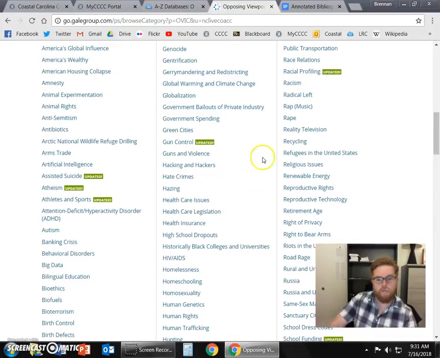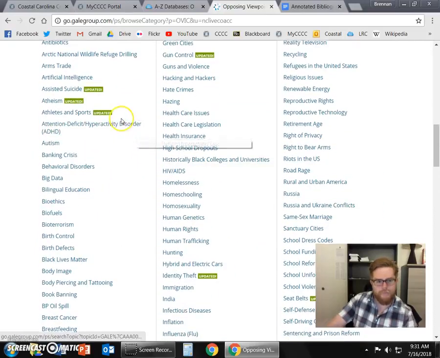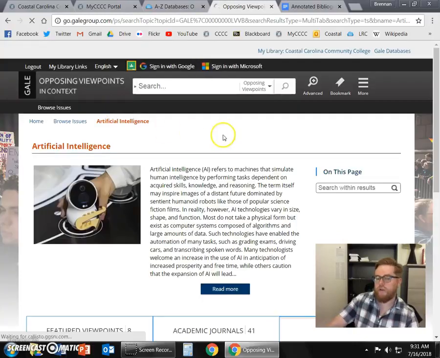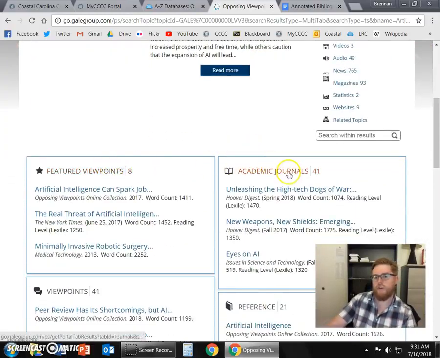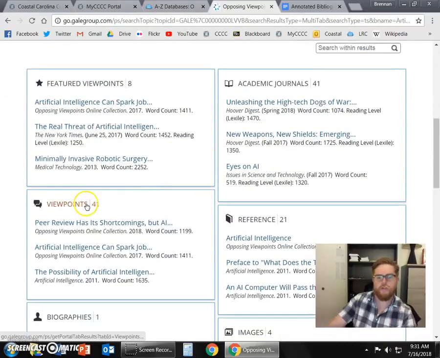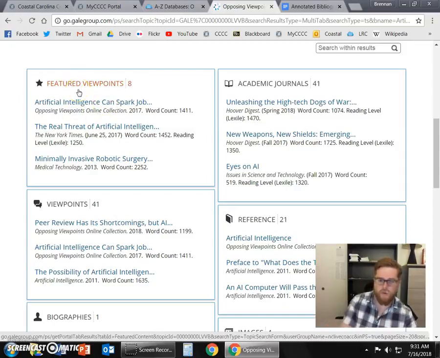You can notice some of these are updated with the newest information. If you click on any one of these, you'll get to a category page, and you'll see a bunch of different things: featured viewpoints and academic journals viewpoints. One of the main things you want to look under is the viewpoints. This right here is the same thing as this one. This list of featured viewpoints is really nothing more than